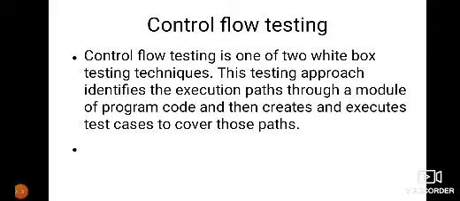As the name indicates, you will have some idea of what control flow is. That is, the flow of control: the different ways in which the control goes through your program. We have different ways in which programming statements are written, and depending upon the nature of your code, the control will flow in different ways. For example, if you write sequential statements, they are executed one after the other. Control first goes to the first statement, then to the second, then to the third, likewise.